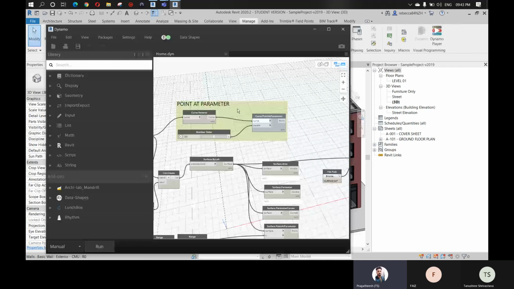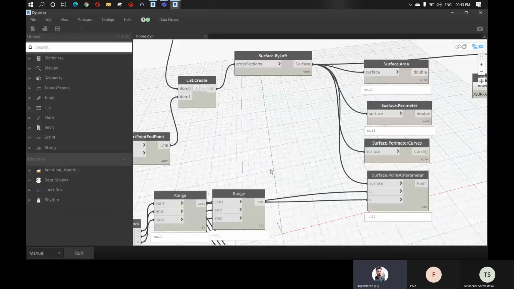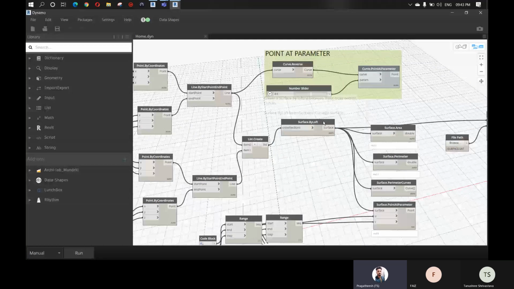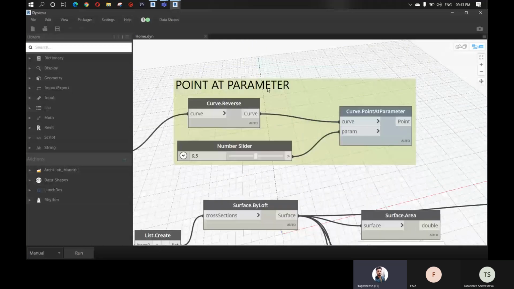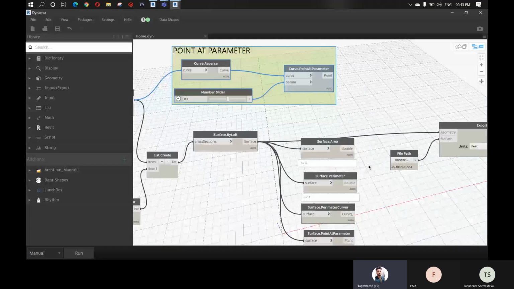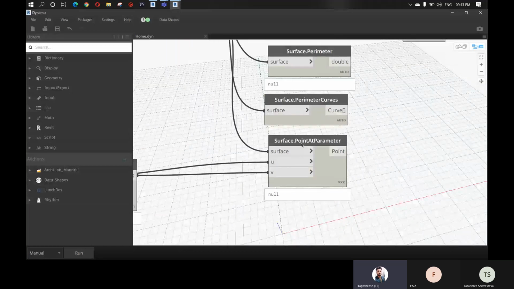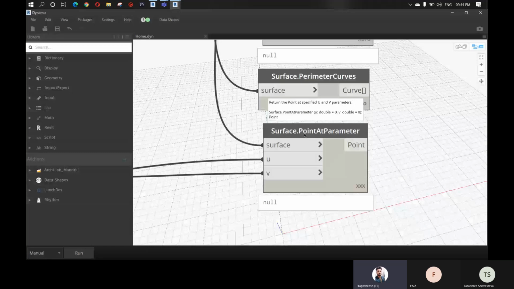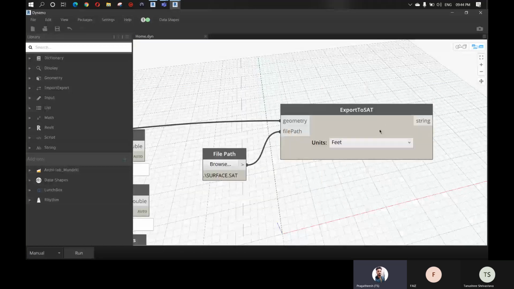This is the Dynamo file which we saved in yesterday's class, right? I hope you remember, we created a surface by loft. Then we found out how to create a point at a parameter, and we calculated the surface area, perimeter, and at last we discussed how to use the U, V, and W, which is the local coordinate of a particular 3D object, right?